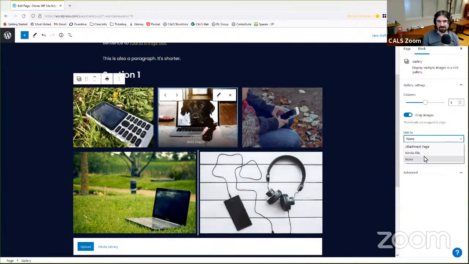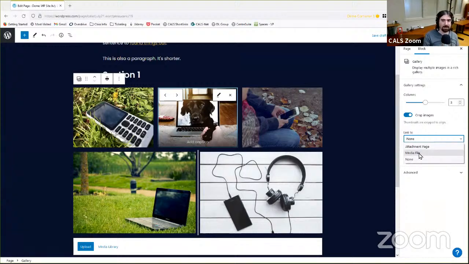But there's also link to media file, which is just going to take them directly to the image itself. So if they click on it, then basically it'll either open a new tab, which is just the picture, or it will show them or take them to just the picture in their web browser, or prompt them to download